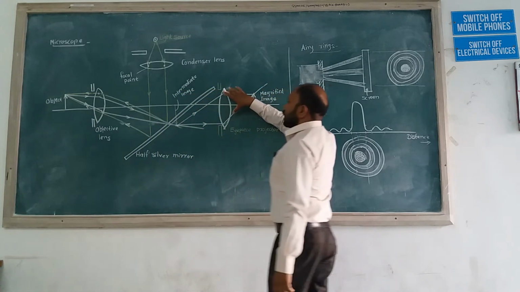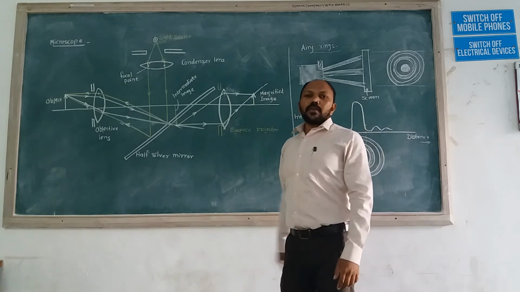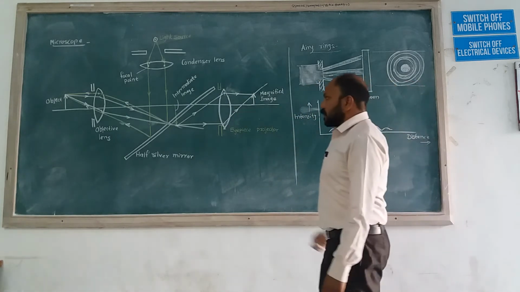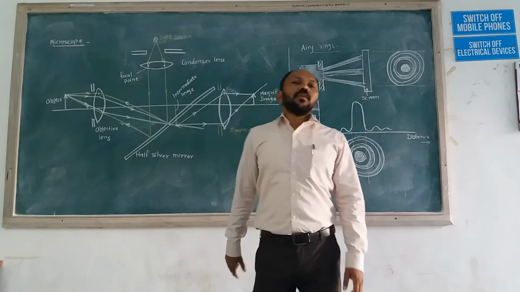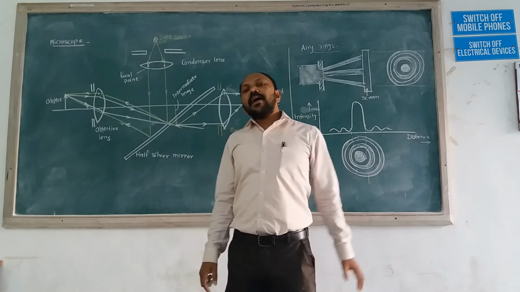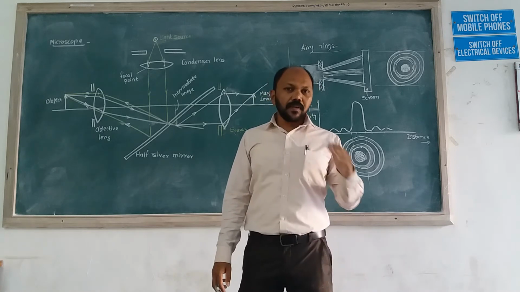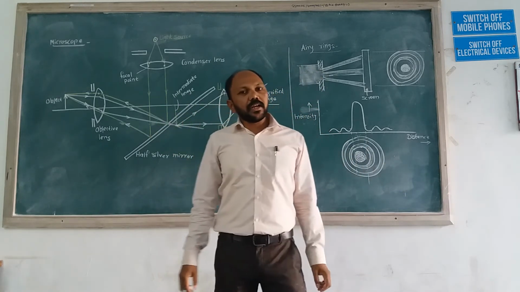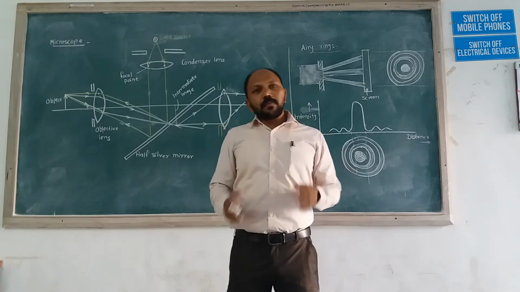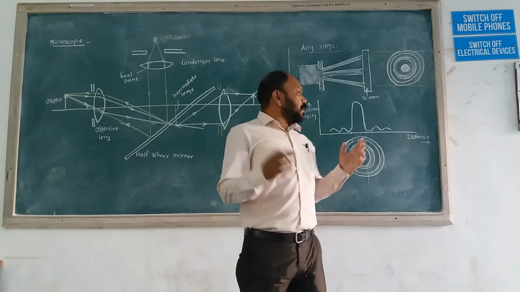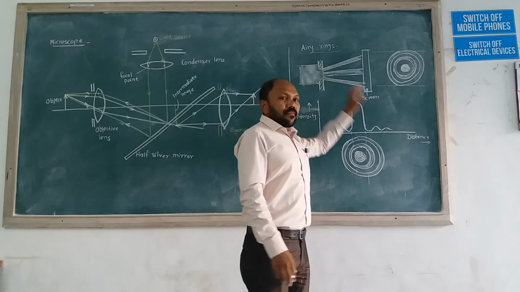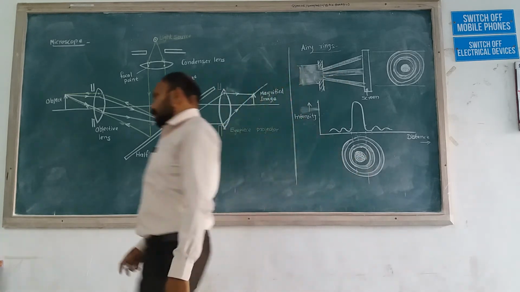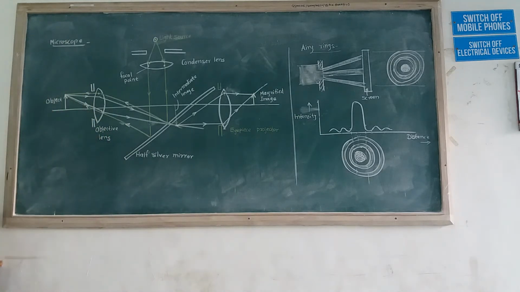So when light passes through this aperture, again some more Airy rings are present, and due to that the picture quality gets reduced as we magnify the image, because a number of lenses are required, and a number of apertures or holes are available there. When the light passes through those holes, the Airy rings are formed, and due to those Airy rings pictures are not clear, a blur picture is there.